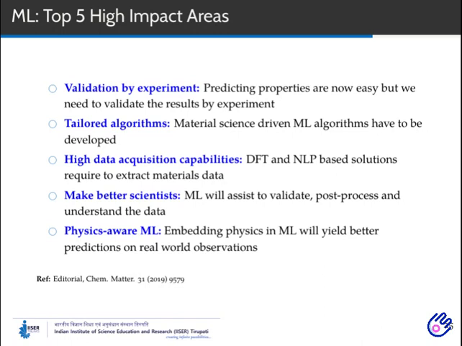It lists the top 5 major changes expected within machine learning as well as in the entire material science community due to the introduction of machine learning concepts. First, due to less computation power and the availability of many machine learning algorithms in the public domain, it is easy to construct and obtain some data from a model. Even in this budding period, already many such reports are available. So we should find a way to validate these results, else it will remain as good as junk data.